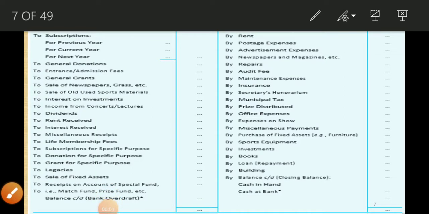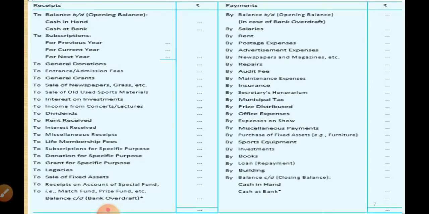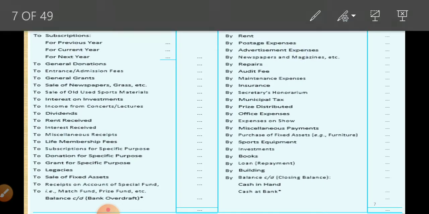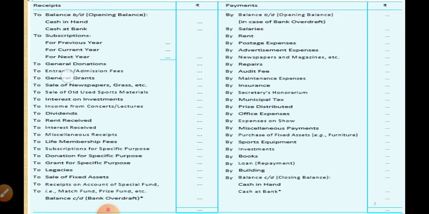Students, yesterday or in the previous video, we saw receipts and payment account. We saw that accounting for not-for-profit organization, we have to prepare receipts and payment account, income and expenditure account, and balance sheet. Now, receipts and payment account is like a cash account. It's a real account if you follow the traditional method of accounting principles, and according to the modern method, it is an asset account. So debit what comes in, credit what goes out. Or you can say when the asset increases, debit; when the asset decreases, credit.